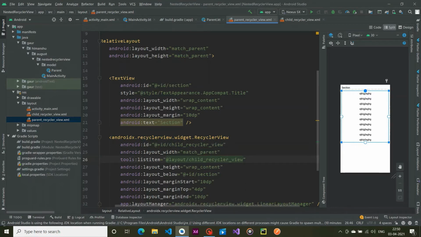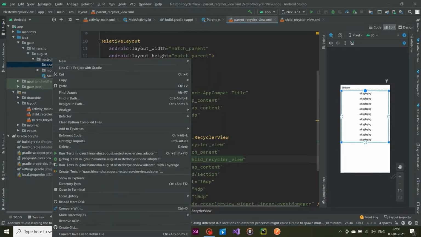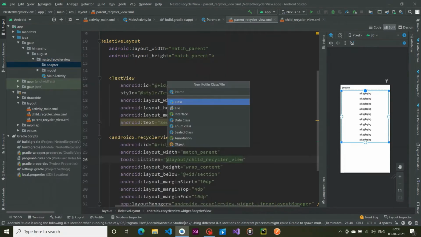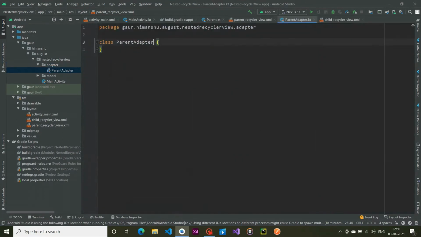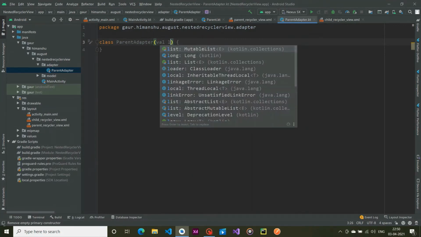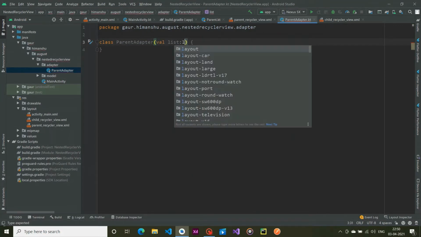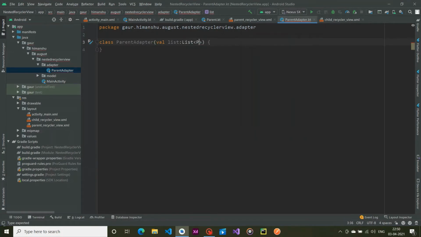Okay, so yeah, and now we are going to create a new package, and the package name is adapter. And within this adapter we are going to create firstly our parent adapter. So this parent adapter will actually contain val list, which is of type List of Parent, this one.